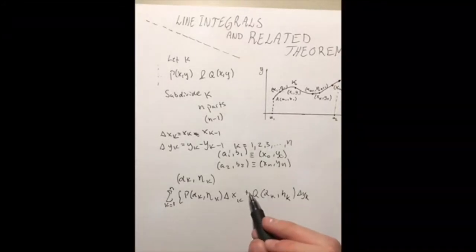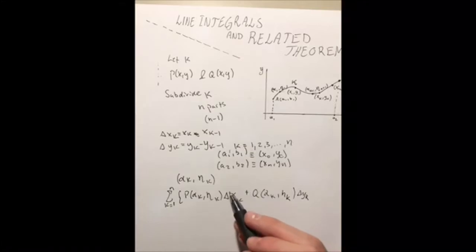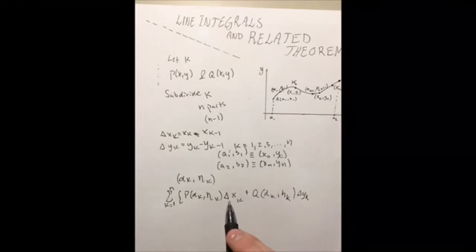The limit of this sum as n goes to infinity in such a way that all the quantities delta xk and delta yk approach 0, if such limit exists, is called a line integral along K, and